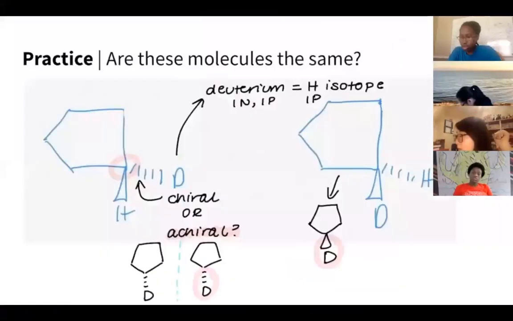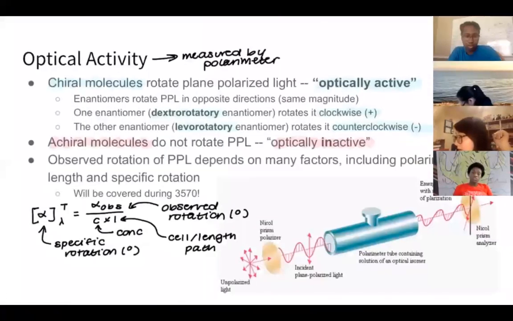Anyone else? I have a question about that formula that you wrote. What was that for? Oh yeah, let me go back to it. Honestly, do not be super worried about it if you're talking about the polarimetry, I'm guessing. Yeah, Ganem will talk about it when you take his class, but it's basically specific rotation of the